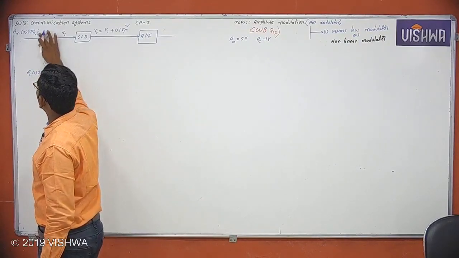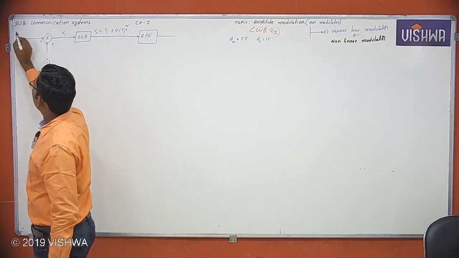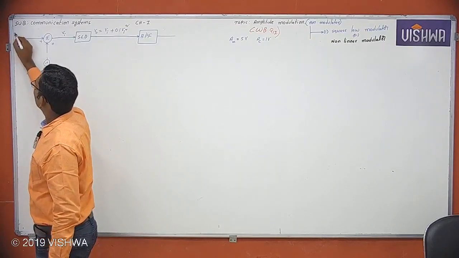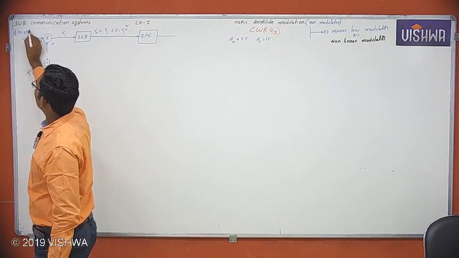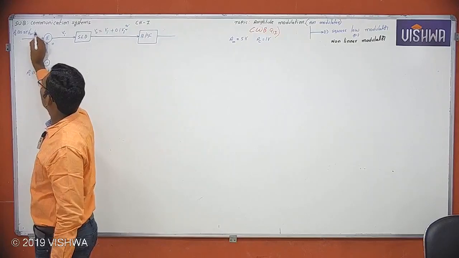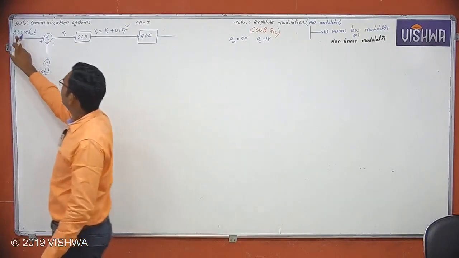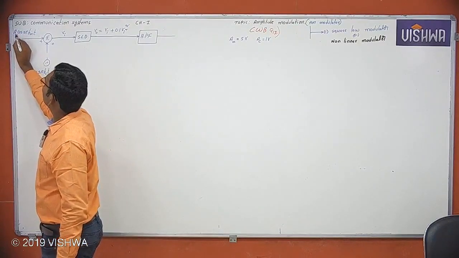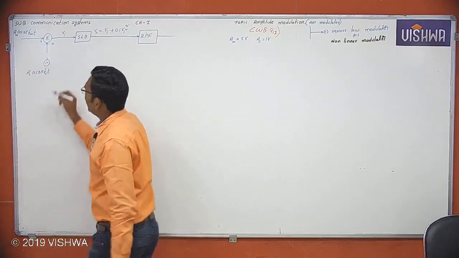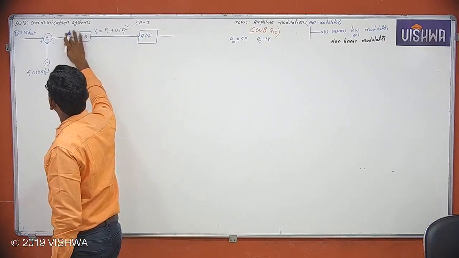A message signal and a carrier signal are added to each other and applied to the square law device, and